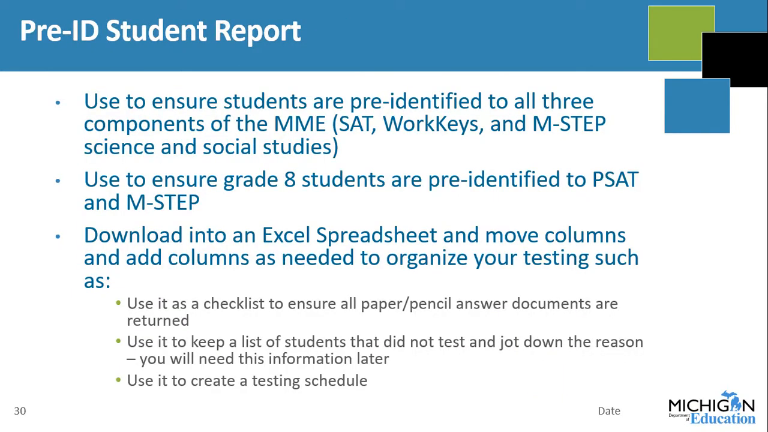Once students are pre-identified either by OEAA or by the school, they will appear on the pre-ID student report. You will want to use this report to ensure that all students are pre-identified to the appropriate assessments. You can download the pre-ID student report into an Excel spreadsheet and delete columns or add columns to help with